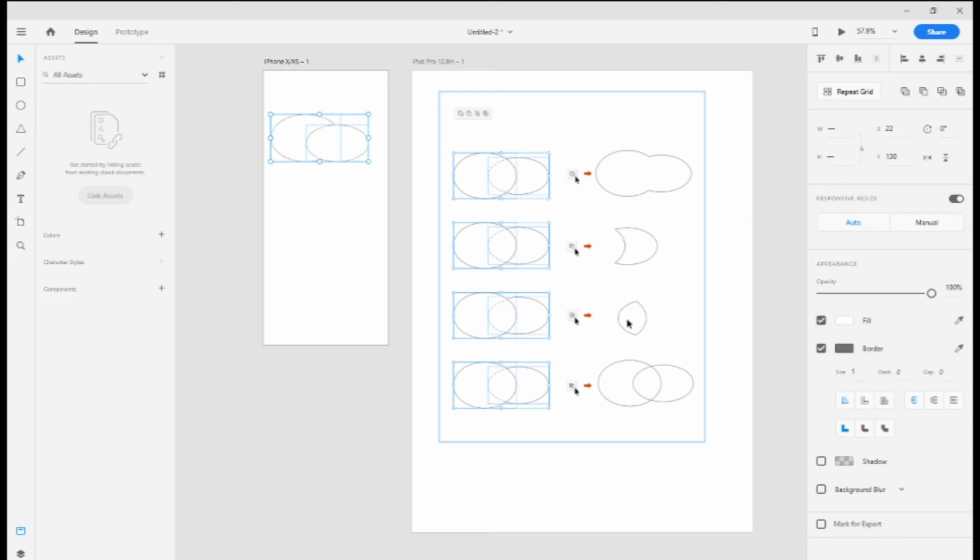The third is intersect shape area. Use the area of the compound to clip the underlying geometry as a mask would, excluding overlapping shape area. The last is exclude overlapping shape area. Use the area of the compound to invert the underlying geometry, turning filled regions into holes and vice versa.